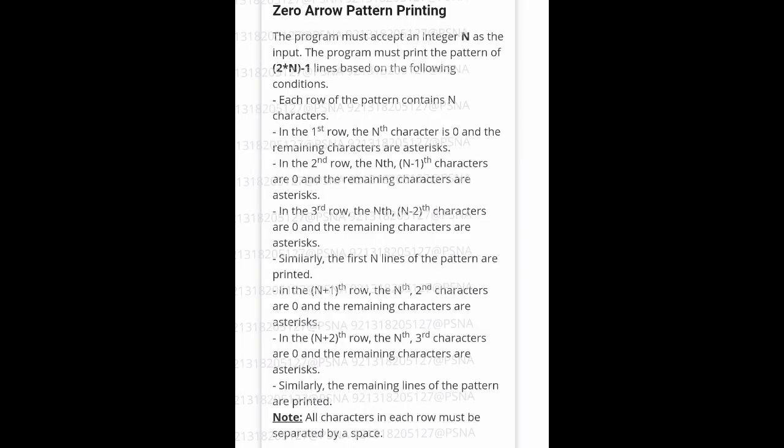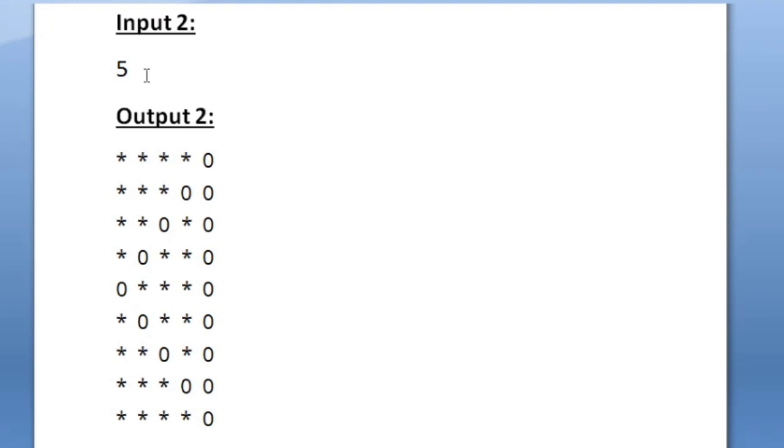This is the question asked in today's SkillRack Daily Challenge. We are given an integer n as input and we have to print a pattern for 2 into n minus 1 lines. Here the value of n is equal to 5 and 2 into n minus 1 is equal to 9. So the total number of lines in our output is equal to 9,